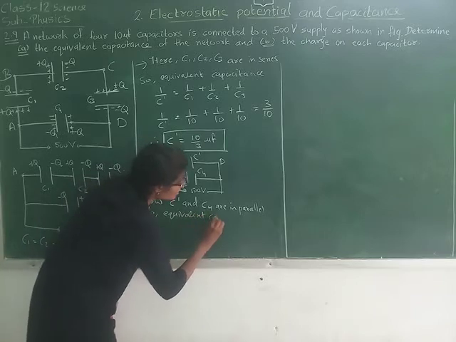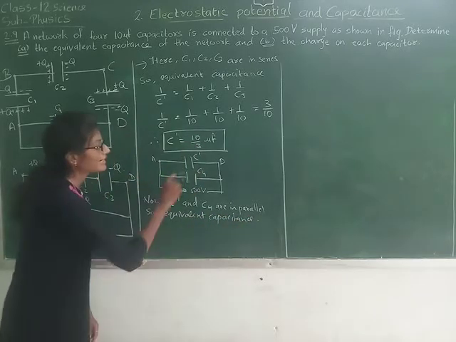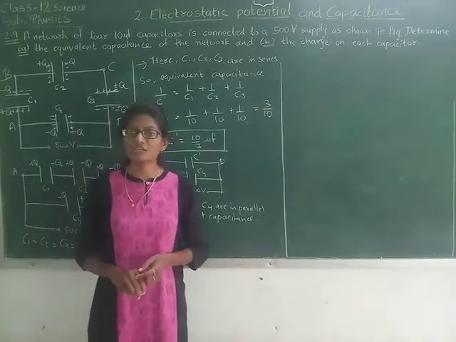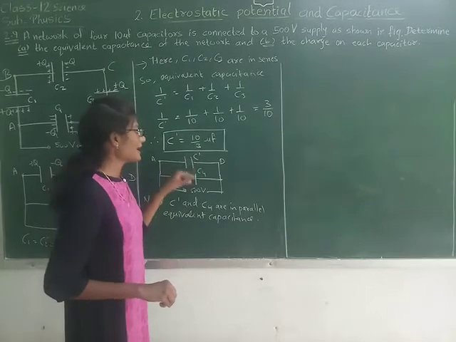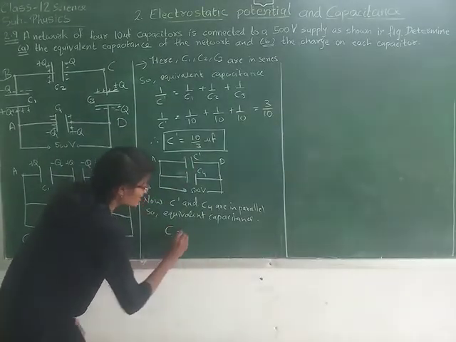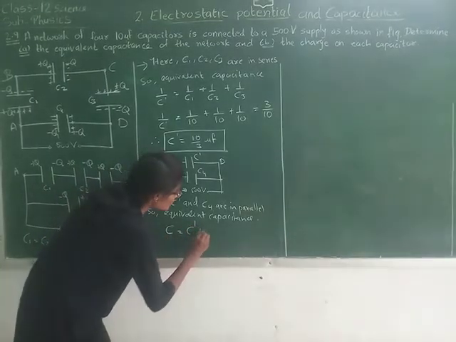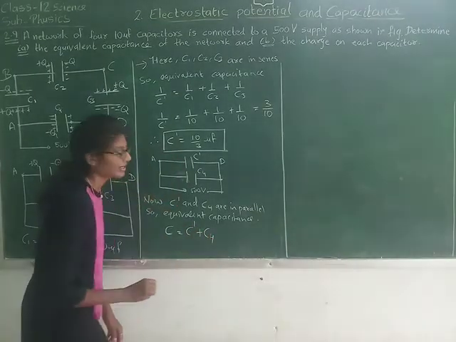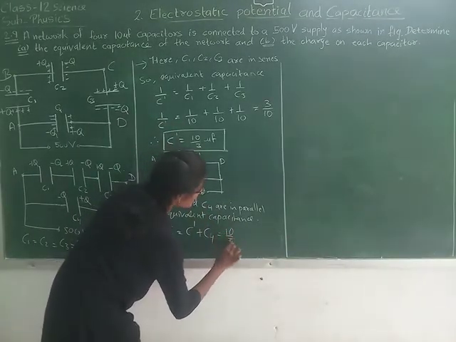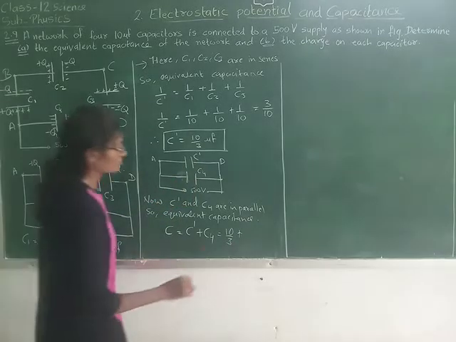So the equivalent capacitance, let us term it as C, right? For parallel connection, what we need to do? We just simply add up the capacitance values. So let us denote equivalent capacitance by C. So C equals C dash plus C4, right? C dash is 10 by 3 microfarad plus C4. C4 is 10 microfarad,